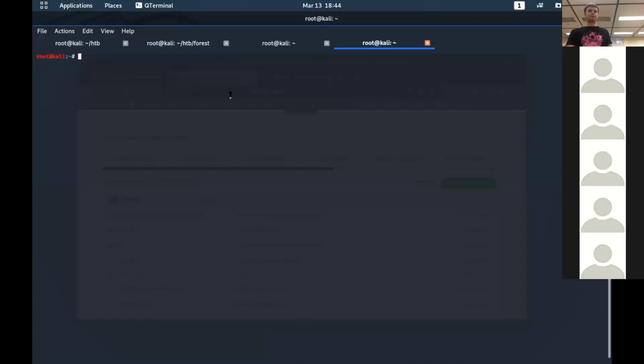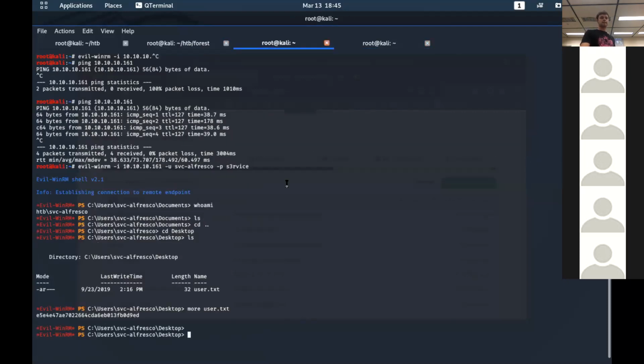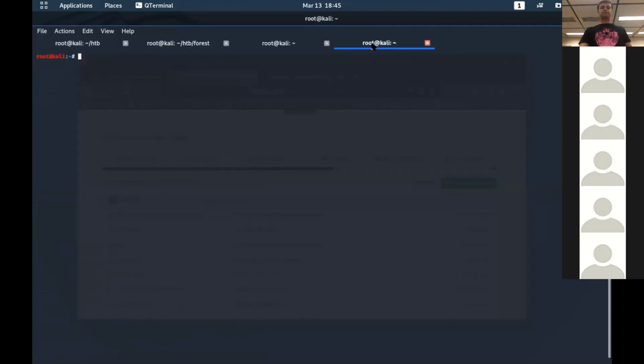Yeah, so I guess for everyone who's watching the recording, we're going over rooting the Forest box. We currently have a shell as svc-alfresco on here. And now we're downloading BloodHound because we're going to use that to see all the permissions that we have. Okay, so if everyone has BloodHound installed, and feel free to stop me in the chat if you don't,